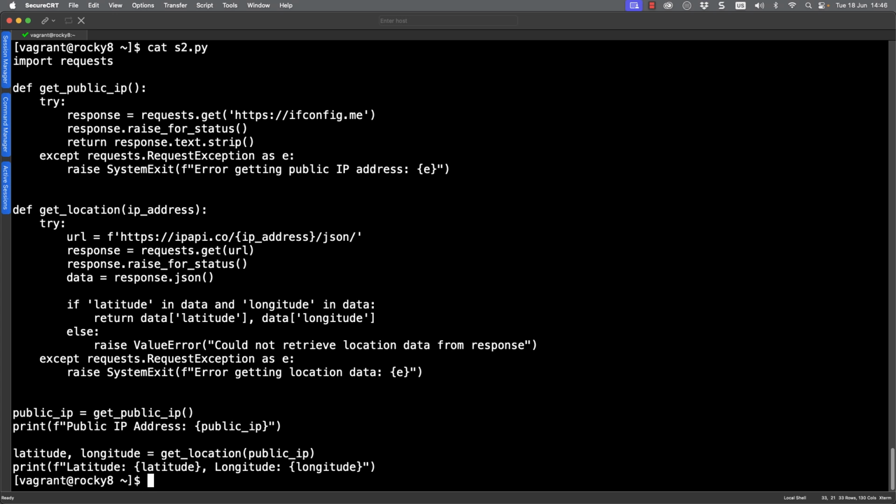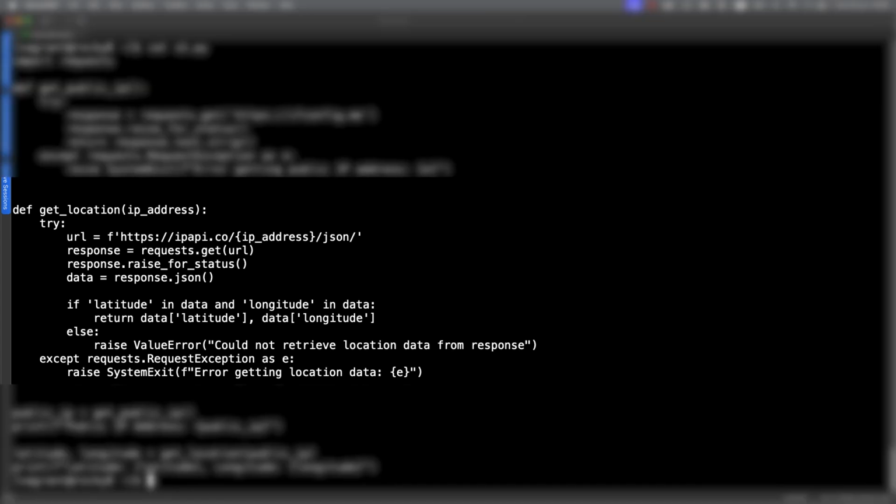If we take a look at the stage 2 py file, we can typically ignore the top of the script now because we've seen the import requests. We're not concentrating now on the get public IP address. We're more interested in our get location. This takes the parameter of an IP address. We build up the URL. We then populate our response from the requests of the URL. And then we populate the data variable with our response. That's going to be a multi-valued key that we can then go through and start returning.